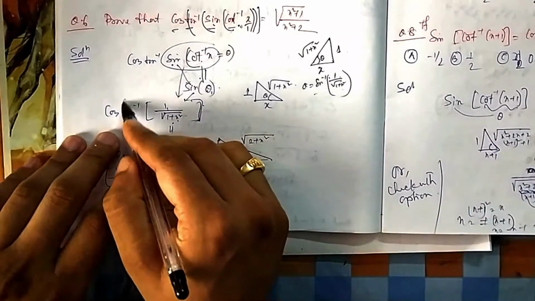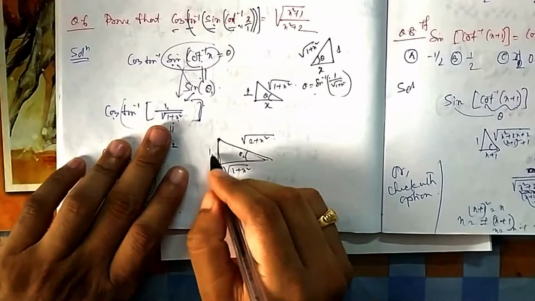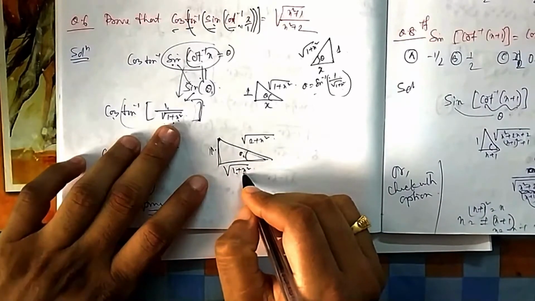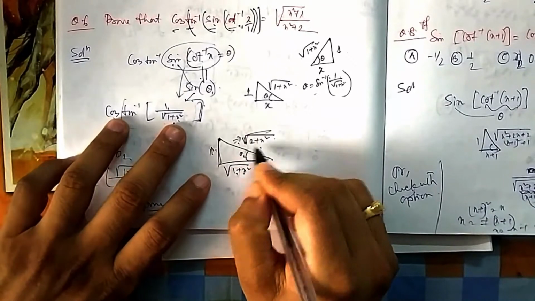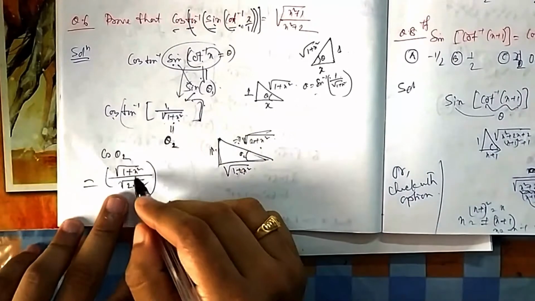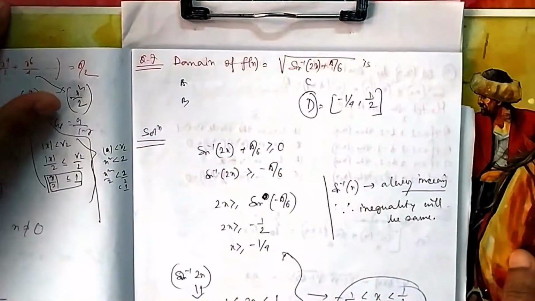Again from here, this is tan inverse of this one, and we have to change it to cot. Again you go on one triangle: tan inverse is height by base, and hypotenuse you can calculate using Pythagoras. So if you want to change it to cos, this by this will come, so it is proved.